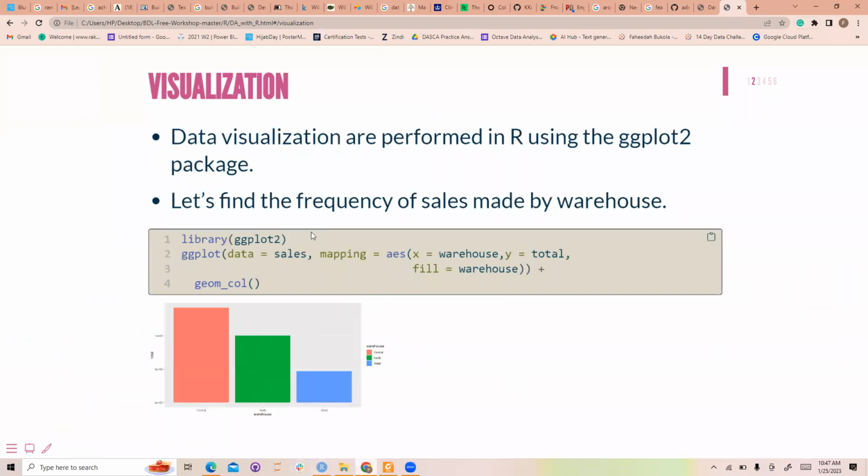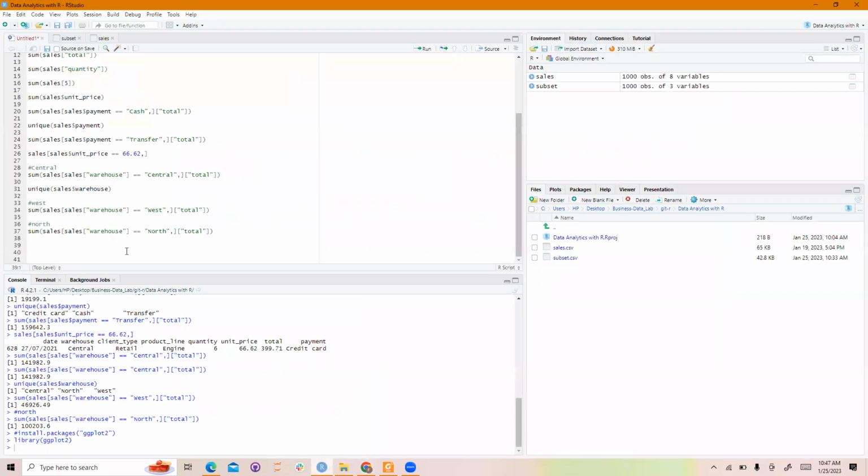So now, let's find the frequency of sales made by warehouse. You know, visuals are interpreted faster than words. So when you want to report to certain stakeholders, or you want to give your report of your findings to the audience to see, it's better to make it in visuals than words. So that's one of the reasons it's very important to master